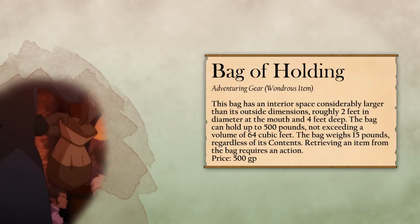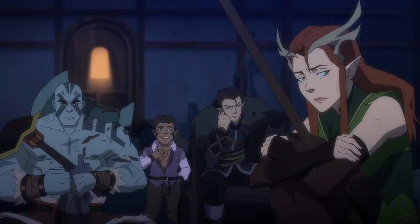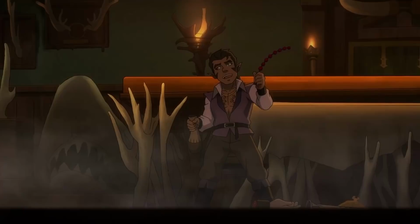The Bag of Holding was used quite often by the group known as Vox Machina and was held by Grog Strongjaw, who had a habit of putting weird things inside the bag. We can see how in this scene he takes the severed hand of the guy in the bar fight and puts it in the bag, and we can even see Scanlan pulling out the Beads of Love in this scene